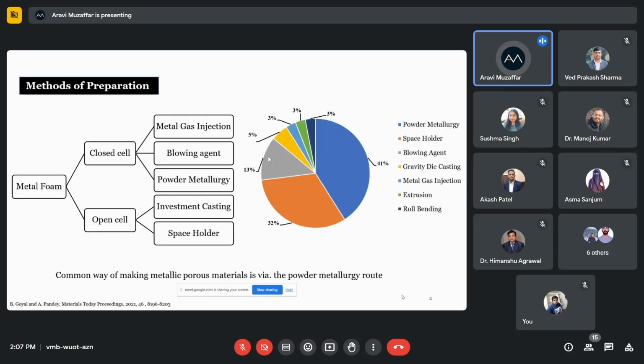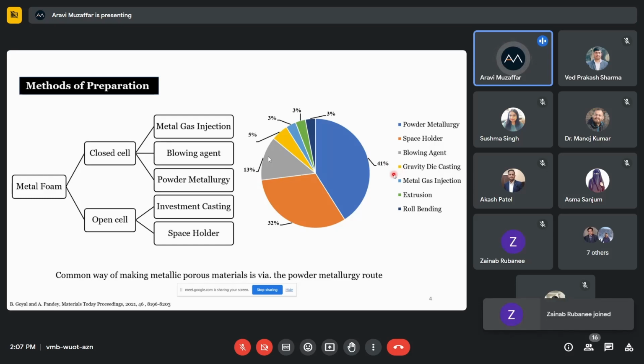Conventionally, if we see how porous materials are made, about 41% of the porous metallic materials are made by the powder metallurgy route. What the powder metallurgy route means is that you take the powder of the metals, mix them, compact them, and then finally sinter them, so that you have pores present in the entire structure. So 41% of porous materials are generally made from the powder metallurgy route, although there are